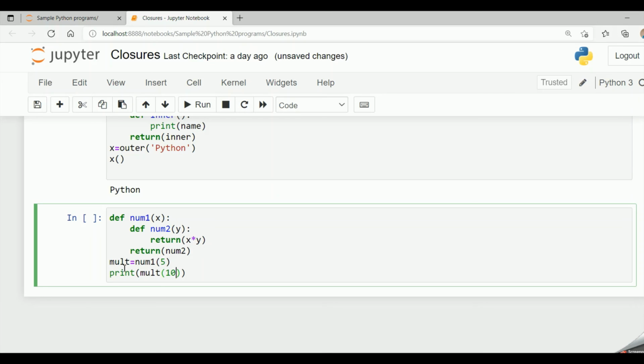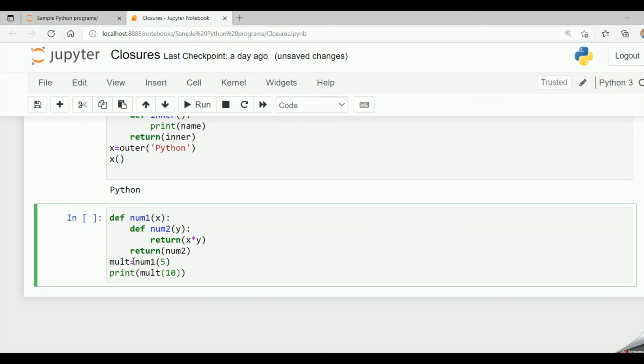So friends, here the first point where the program gets executed is at this particular point, mult equal to num1 of 5. So num1 of 5, x will have the value 5 and the num1 function gets called and it returns num2, that is the reference to the num2 function, the inner function.